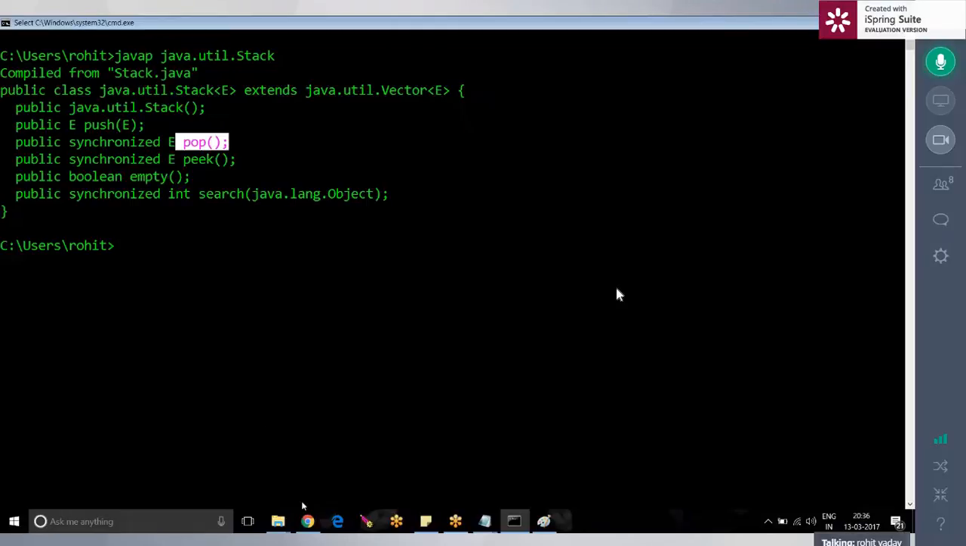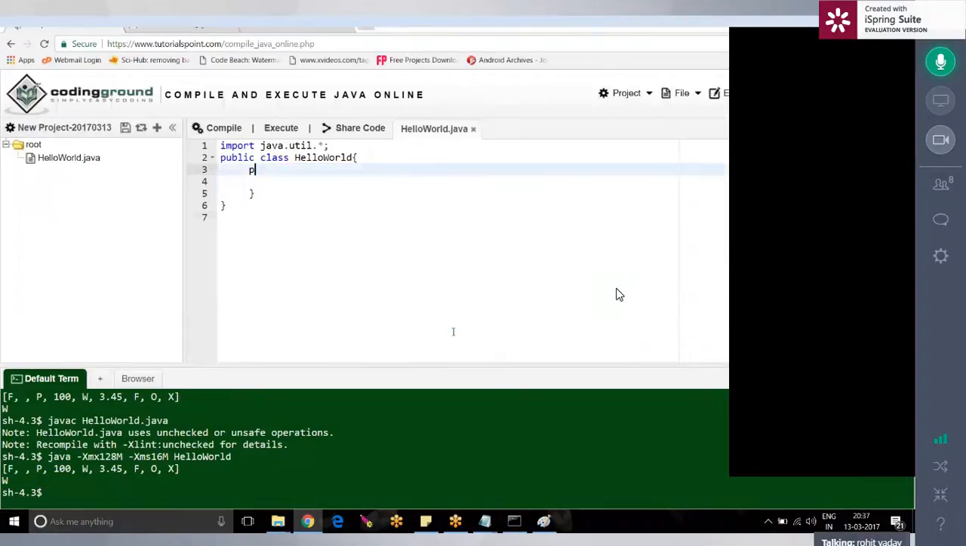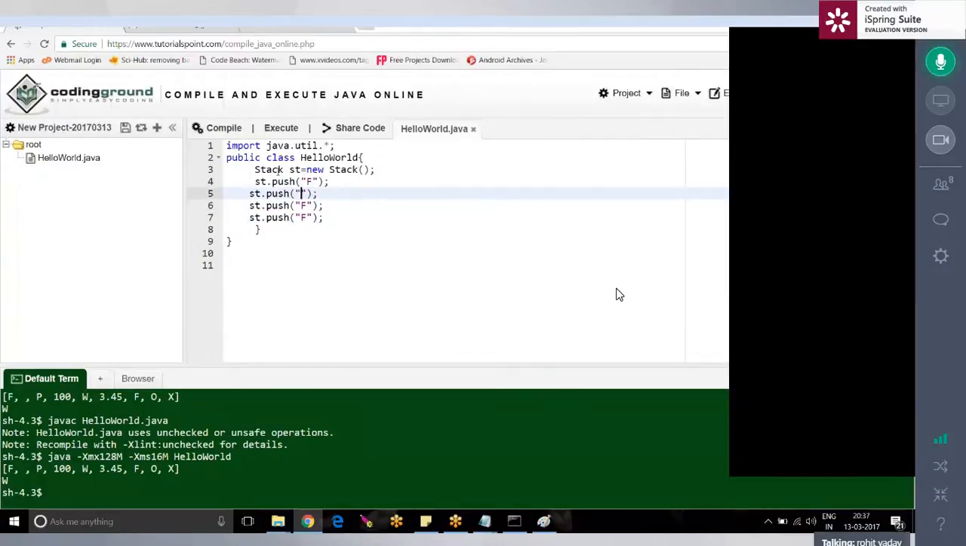Understood? Yeah. How to call the methods? We need an object, right? So I'll just create an object: Stack st equals new Stack. st dot push. Why are you using the push method? Because here insert is done using the push method itself. System dot out dot